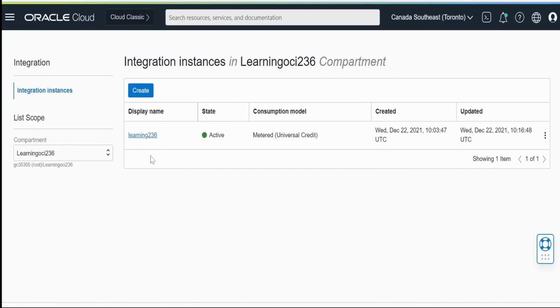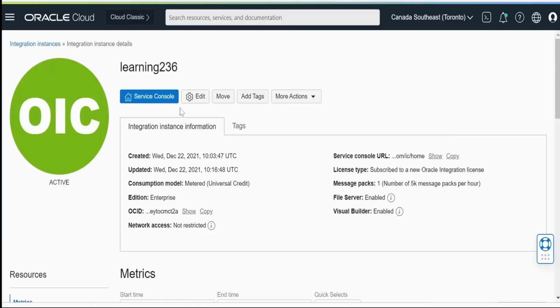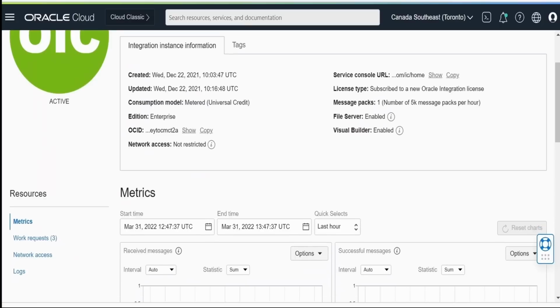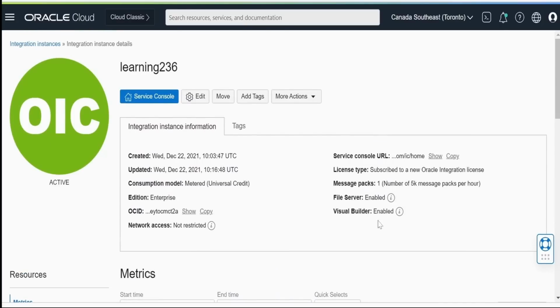So our instance has been created, that is learning 236 over here. I'm clicking on this. On clicking on the instance name, it will open up the details page for you. Here, if your file server is not enabled, you will get an option to enable. You can click on that so that the OIC integration will have the dedicated file server or the FTP server